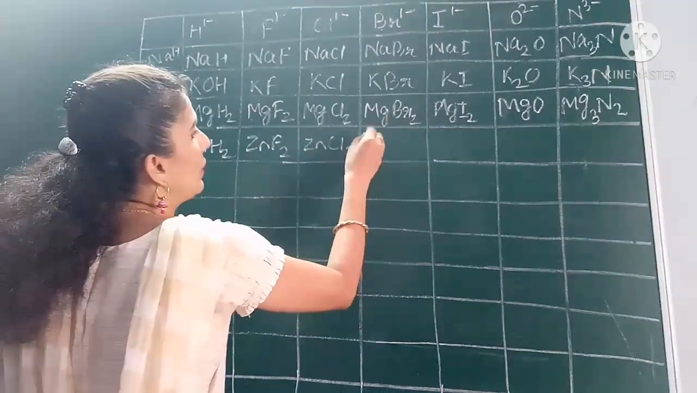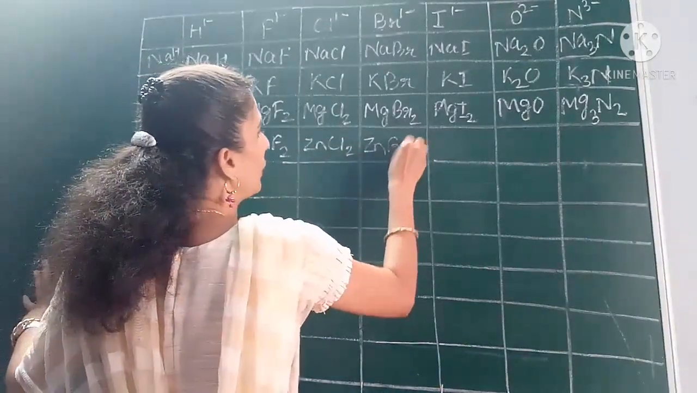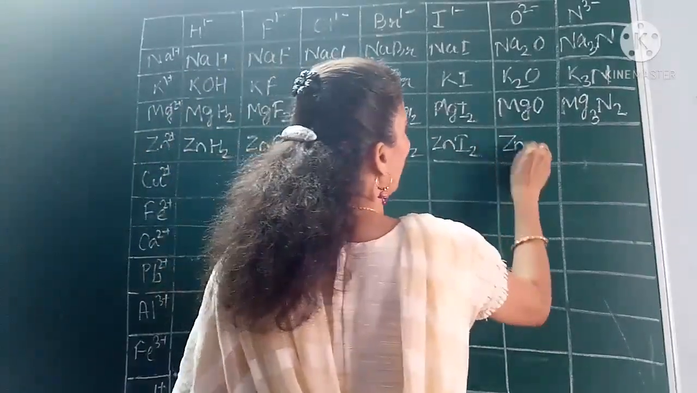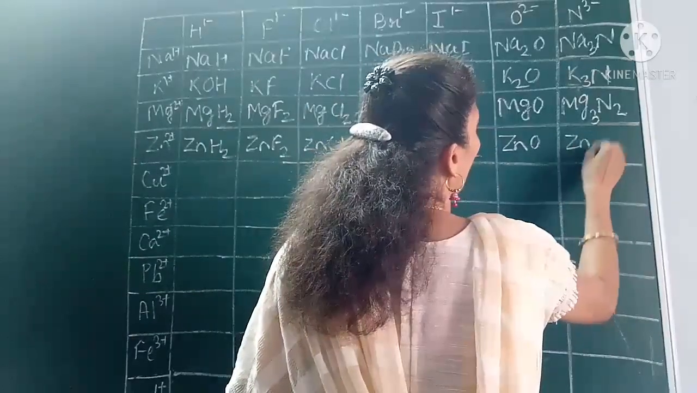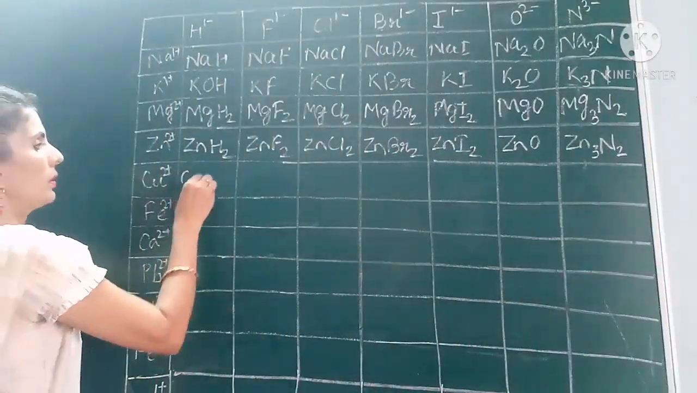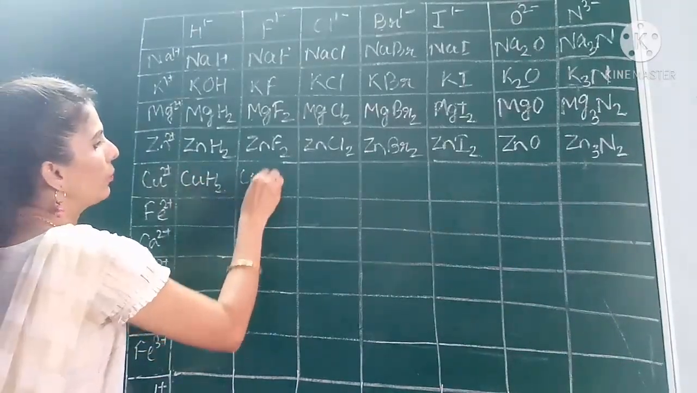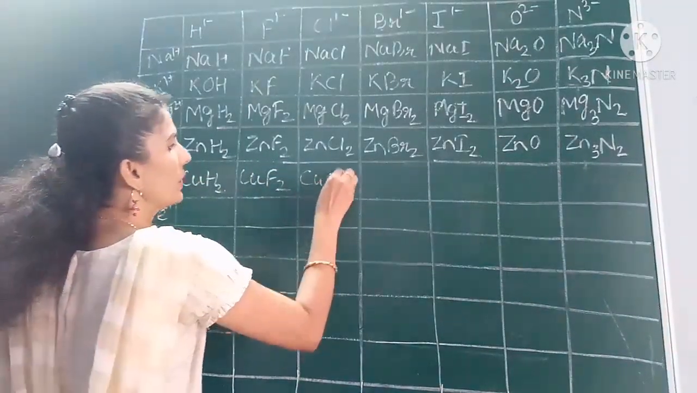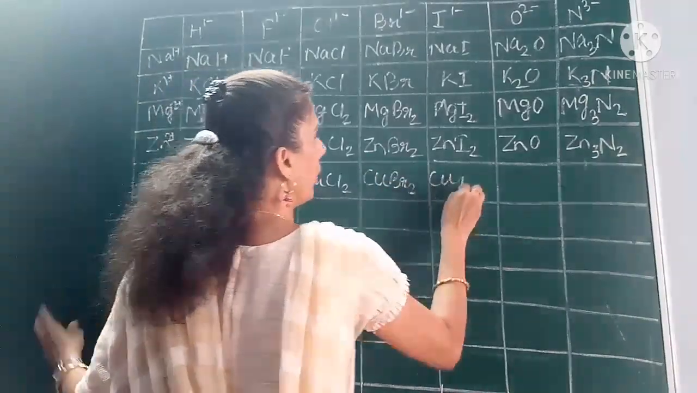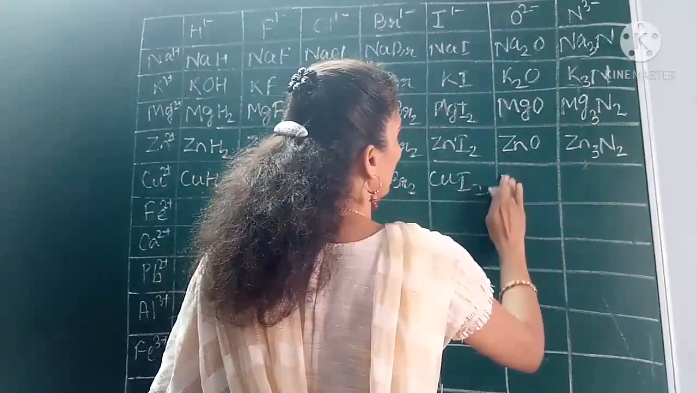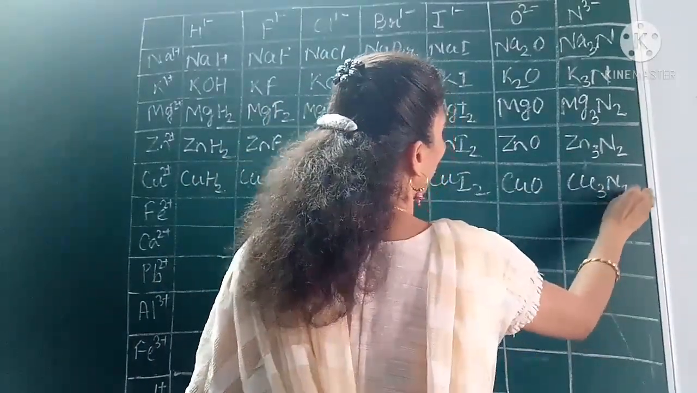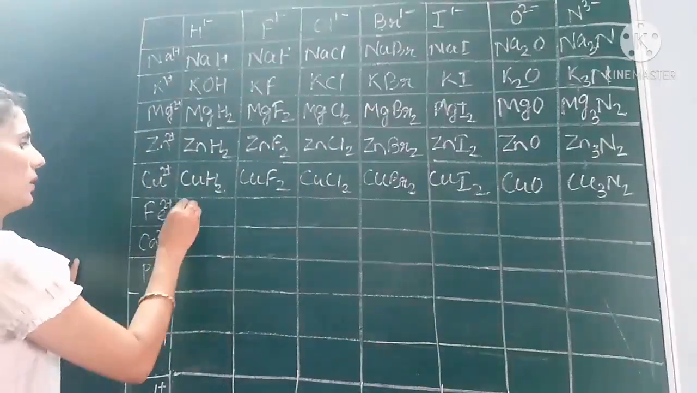ZnH2, ZnF2, ZnCl2, ZnBr2, zinc bromide, ZnI2, zinc iodide, ZnO, Zn3N2. Like this Cu: CuH2, CuF2, CuCl2, CuBr2, CuI2, CuO, Cu3N2. Take Fe2 plus,